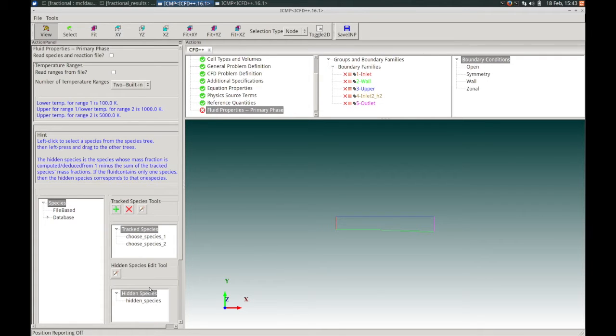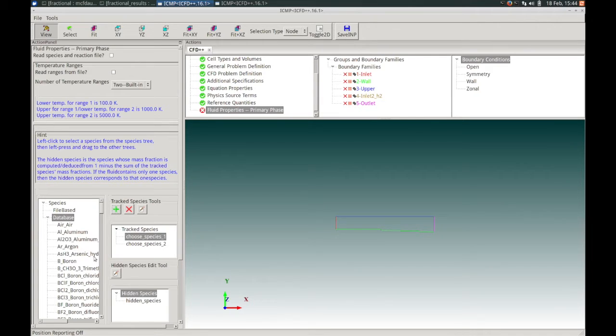The mass fraction of the hidden species is computed using the balance of all the other species. For the hidden species, the basic guideline here is to choose one of the most abundant species in the system. One typically wants to avoid choosing highly reactive radicals, which typically have low concentrations or short lifespans. Species participating in chain branching reactions, etc. should be avoided. We can specify each of the tracked species. In this case, hydrogen is the first species. So we can click the database option to display all the different species.